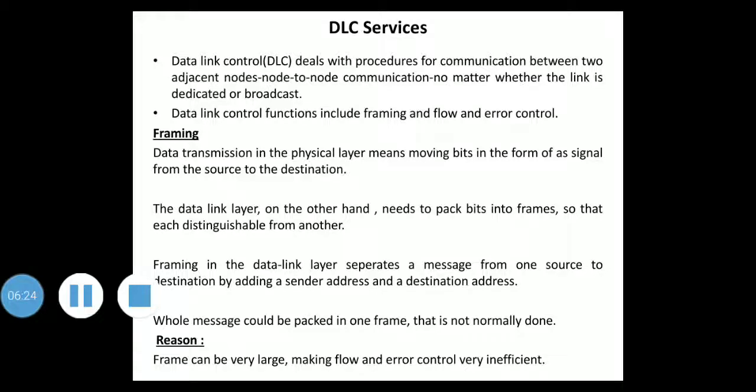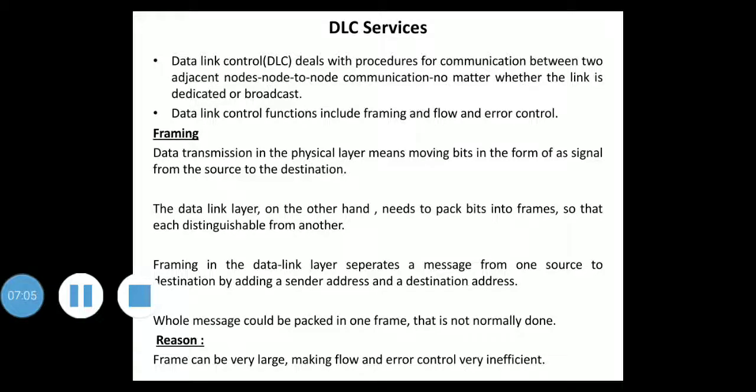Our postal system practices a type of framing. How is it? There is a letter written. After writing a letter, that letter is inserted into an envelope, which separates one piece of information from another. The envelope serves as a delimiter. In addition to this, each envelope defines the sender and receiver address, because that is needed, as the postal system is a many-to-many carrier facility.